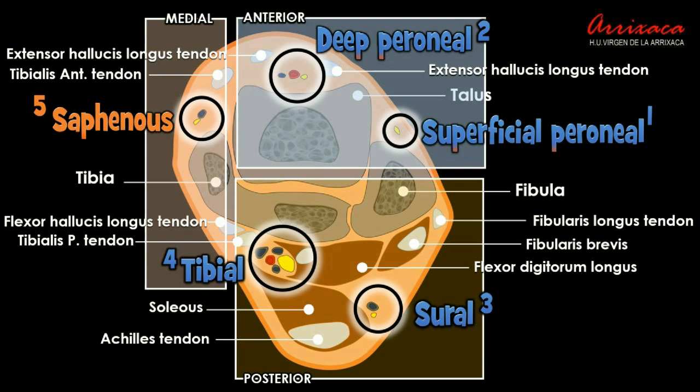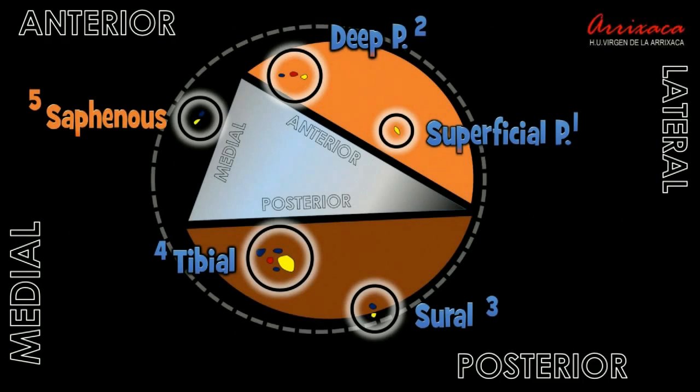It is important to remember the position of each of the nerves that innervate the foot, since they will be responsible for the sensory and motor innervation of their respective compartments. We must memorize the role played by each of the nerves in their respective compartments. In the anterior compartment, the deep peroneal nerve will provide predominantly motor innervation while also collecting part of the cutaneous innervation of the dorsal aspect of the foot.